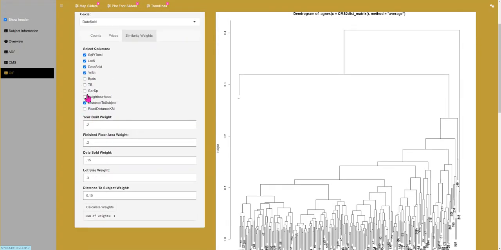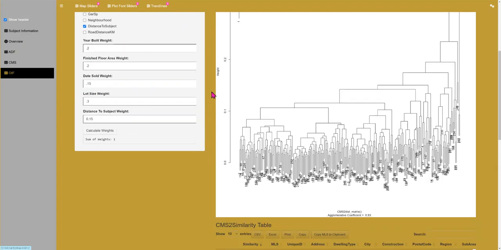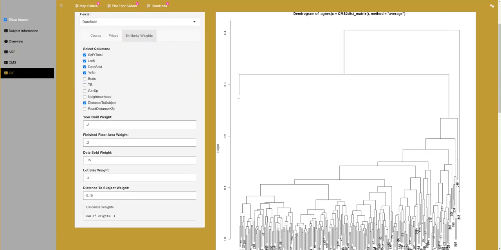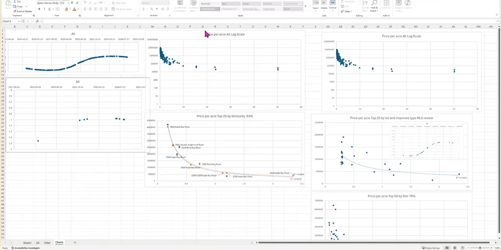I can select any number of categories that I want to add into that. I can customize that, and then I can rank these by similarity. I can take the top 100 or so, and I can export those. So I can do something like this. So here's my initial,